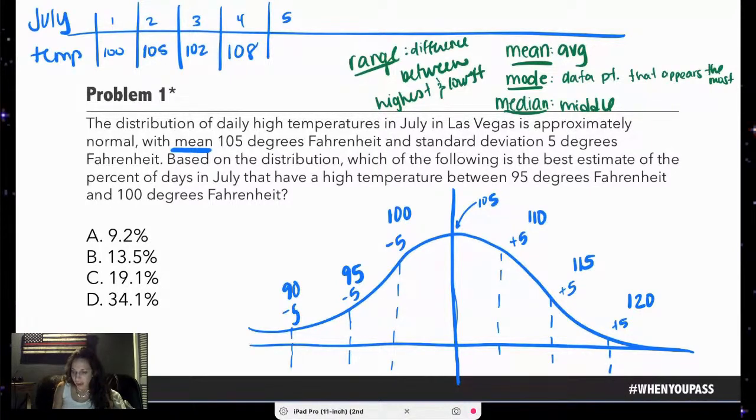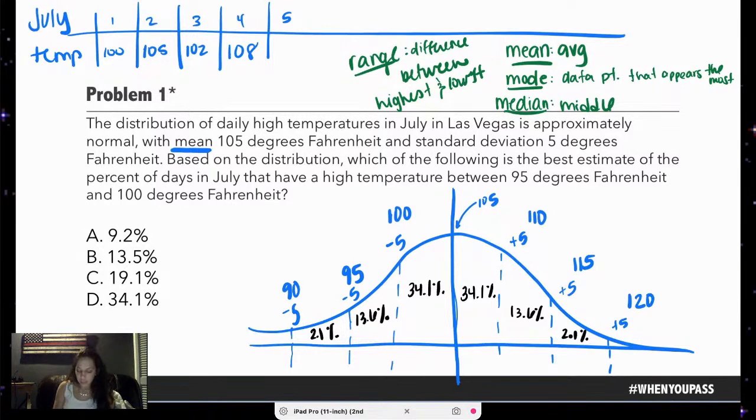So the graph I'm remembering is 34.1% goes here. And again, you might see something about like 32 or 33. You might see a 13.6 here, or you might see a 12. That's okay. I don't want you to hang your hat on that. And then 13.6 and 2.1%. What does all of that mean?